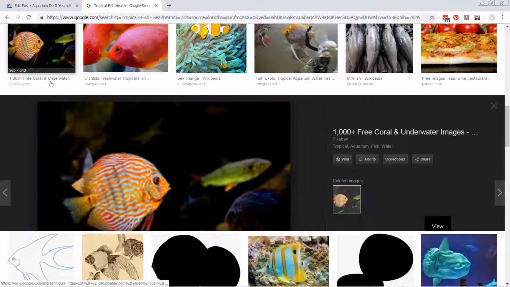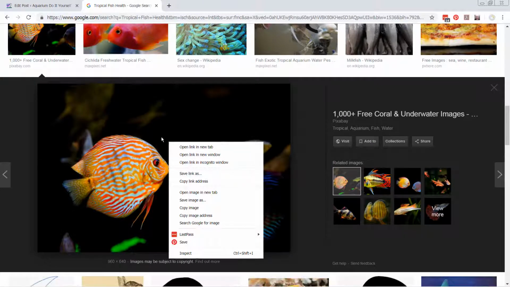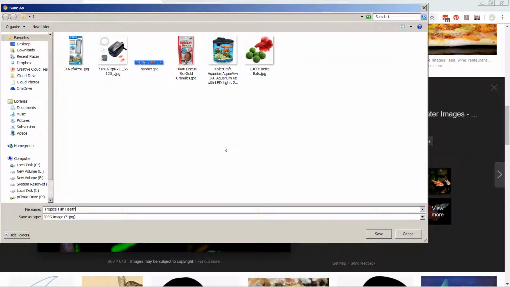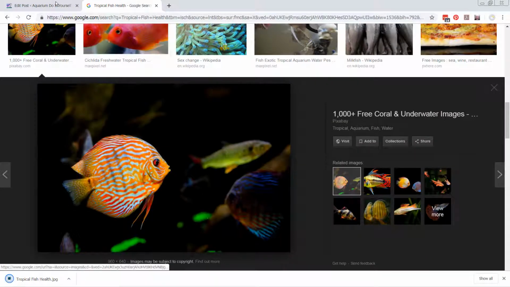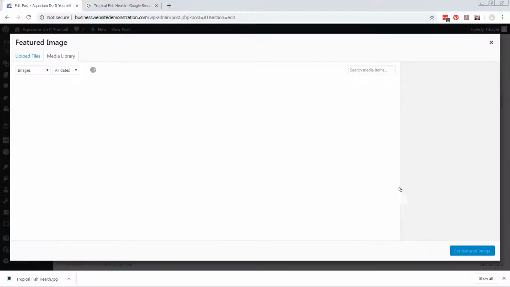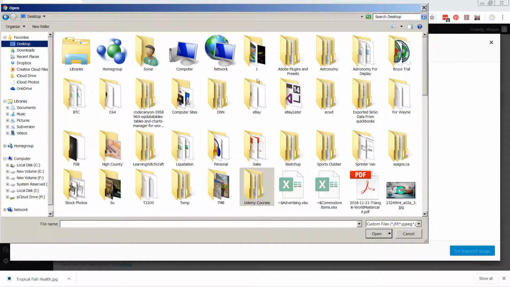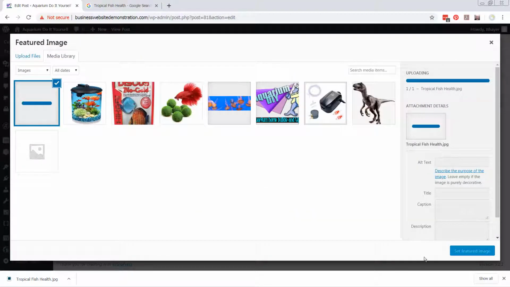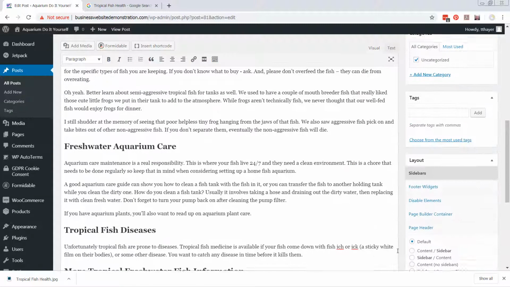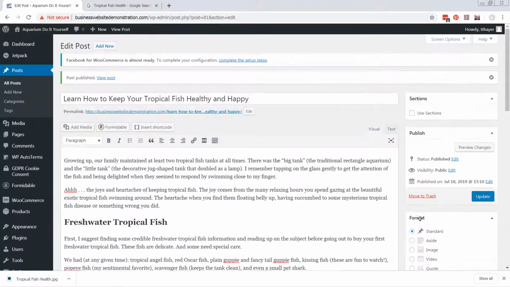Okay? And so I'm going to click on it. I'm going to right click on here. I'm going to say save image. Then I am going to actually name it exactly what I copied, okay? I'm going to then go back to my page. I'm going to go down to where it says set featured image, and I'm going to upload that image. Let's go back. Number 1, tropical fish health, okay? So now that we've got that in there, I'm going to make sure that the alt text is set the same. And this is now the featured image for this